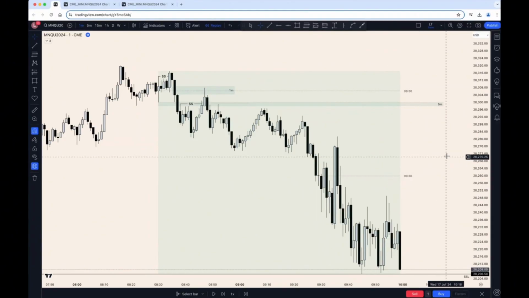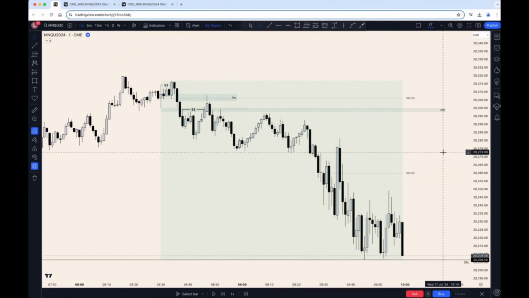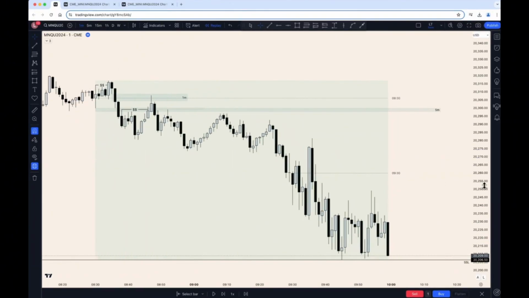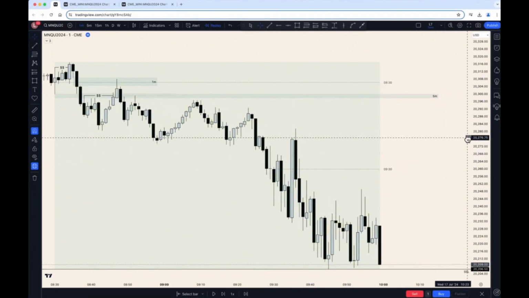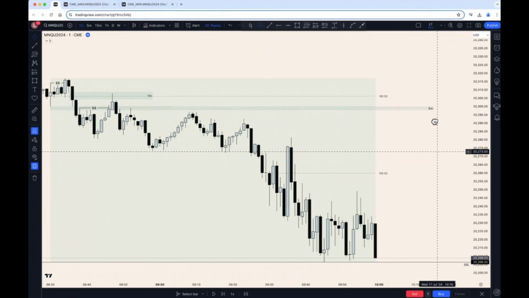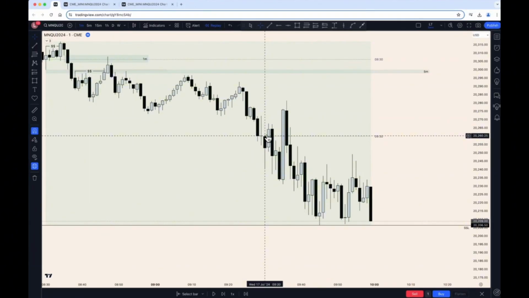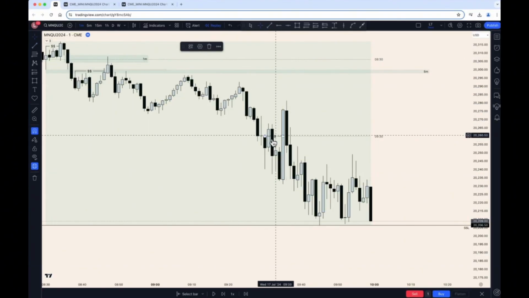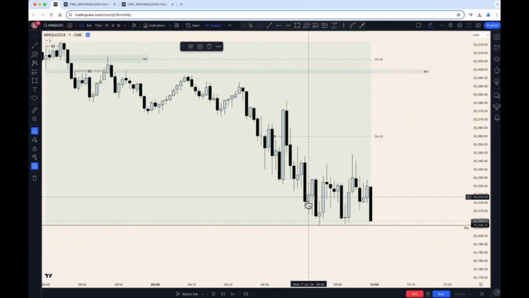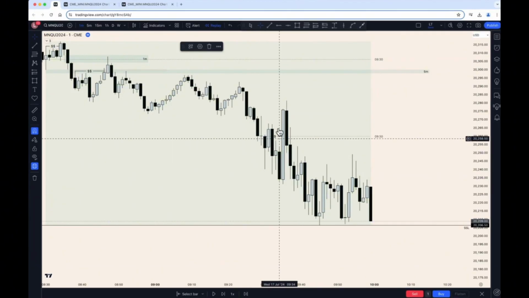I like to see what price has been doing. That will give me a better chance of a higher probability trade. So at 9:30, you will once again see there was manipulation again before traveling downwards. Manipulation here, right? Why do I say it's here? Because you can see before price displaced downwards, it poked up here first, stopping and grabbing all stop losses before running down again,